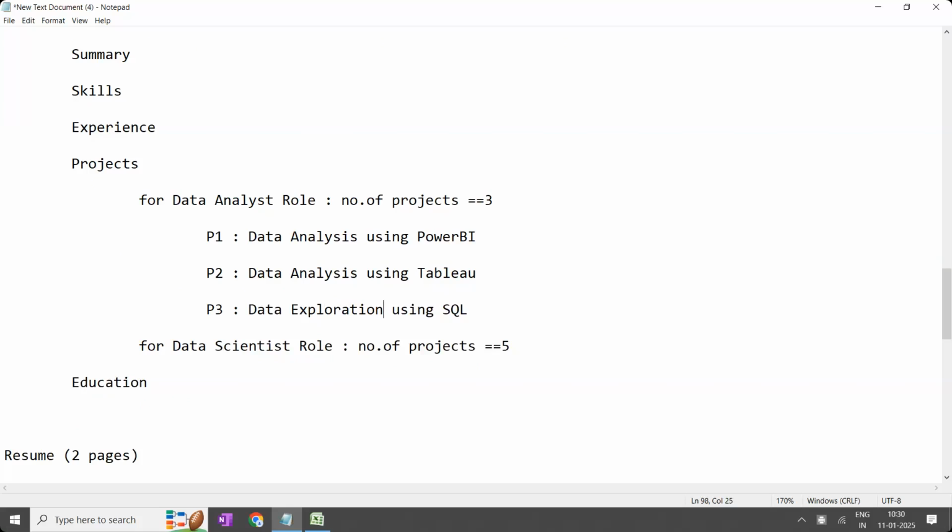If you have done data analysis, keep the data analysis. Then they'll ask again, if you have done the data analysis, for whom you have presented. Presentation will not be there now. So generally we'll do the data exploration in SQL. We'll not do the data analysis. None of the person in the world will do the data analysis in SQL.